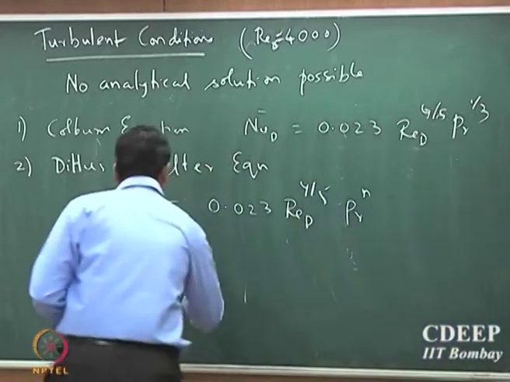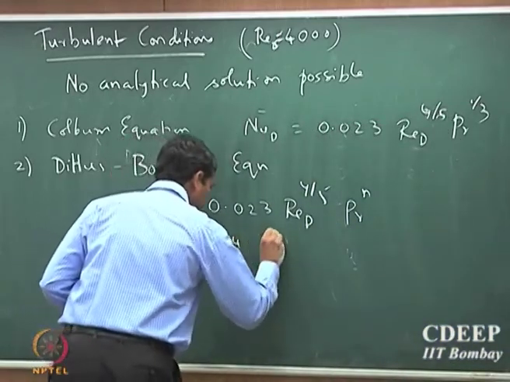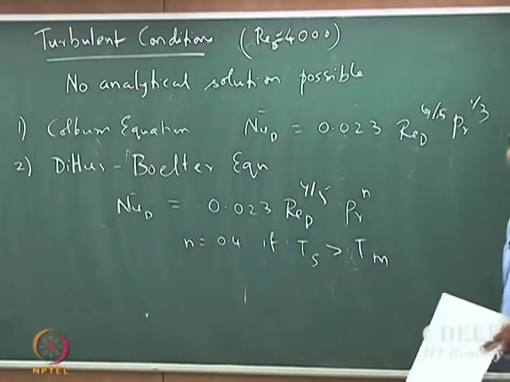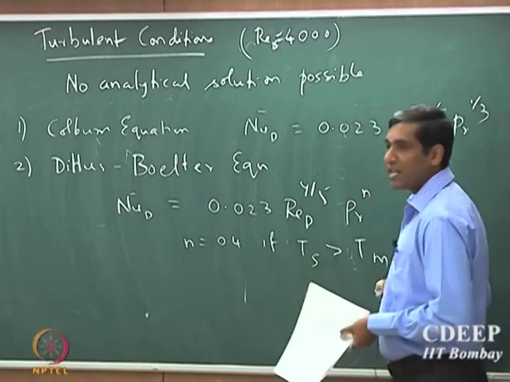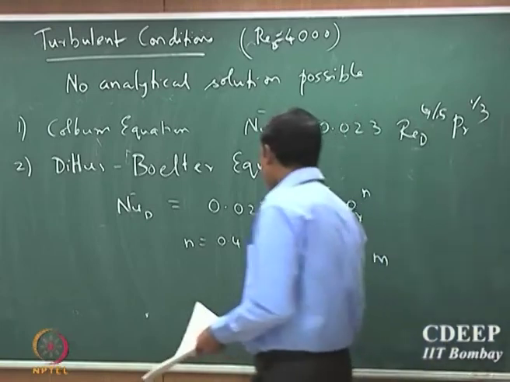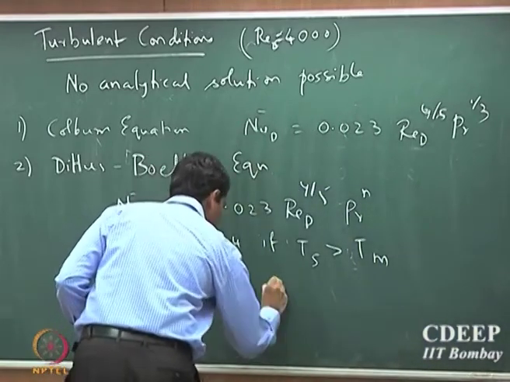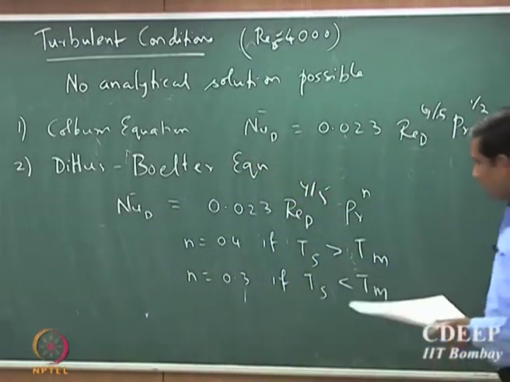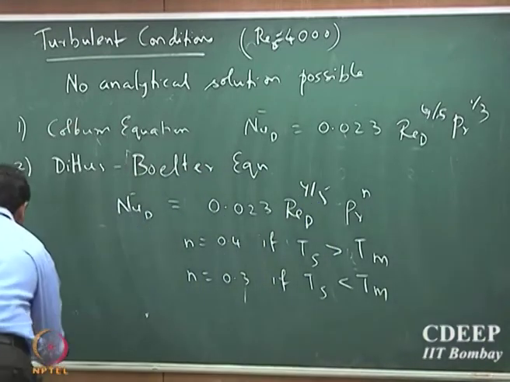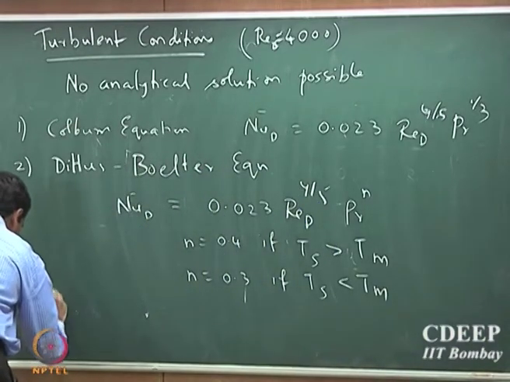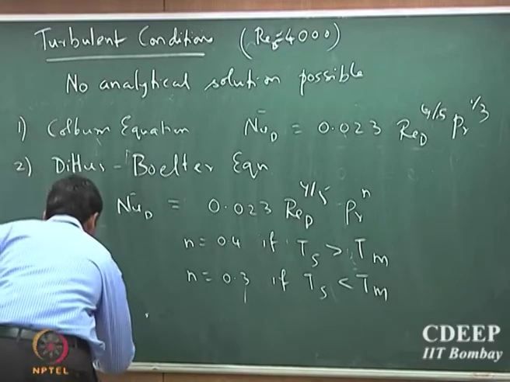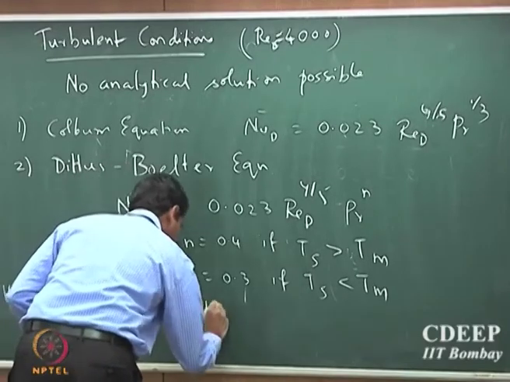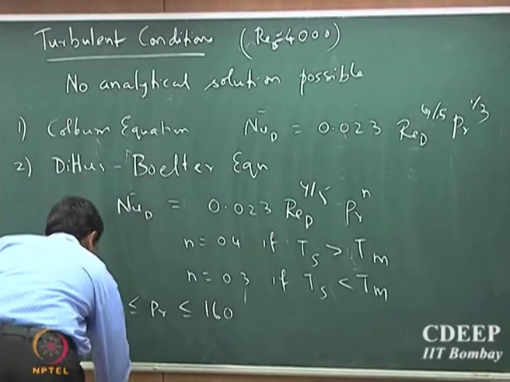So n is 0.4 if Ts is greater than the mixing cup temperature at any cross section, which means that there is net heat gained by the fluid, and it is 0.3 if Ts is less than Tm. And of course there is a validity range: 0.7 less than or equal to Prandtl number less than or equal to 160, and